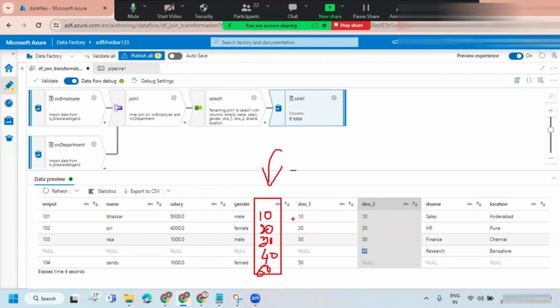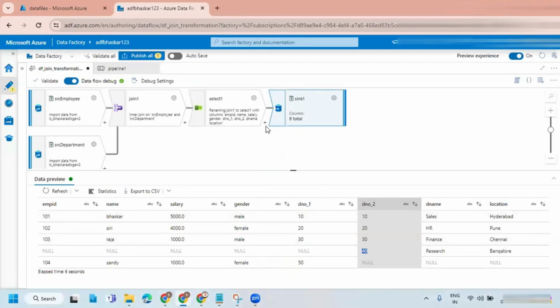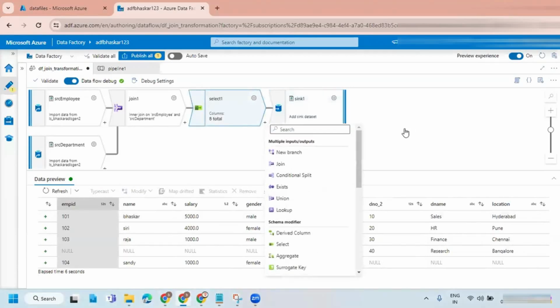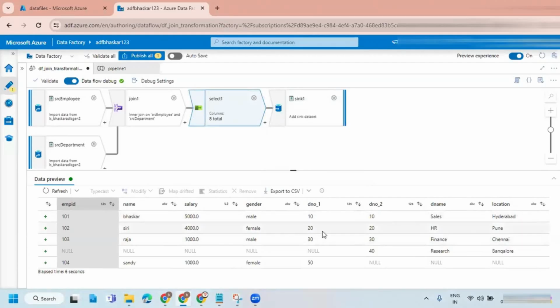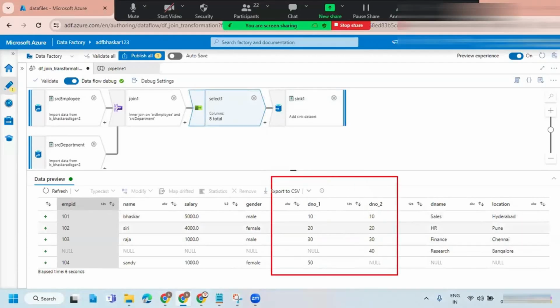How can we do it? Can anyone write the expression? For this one, I'll give 2 minutes time. By using these 2 columns, just write a pseudo expression.